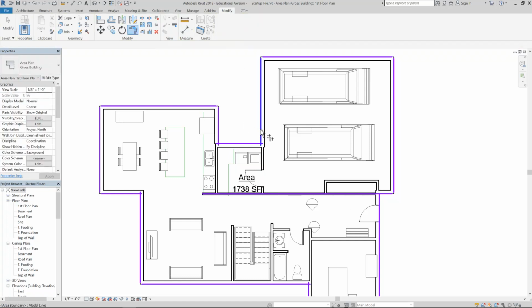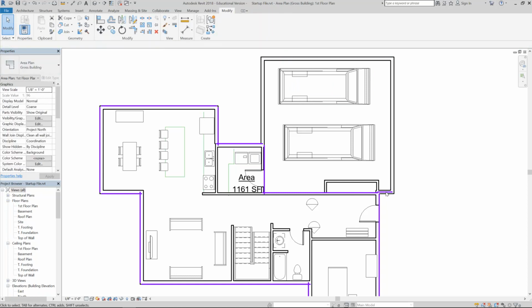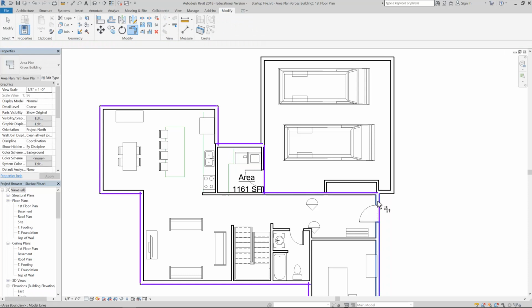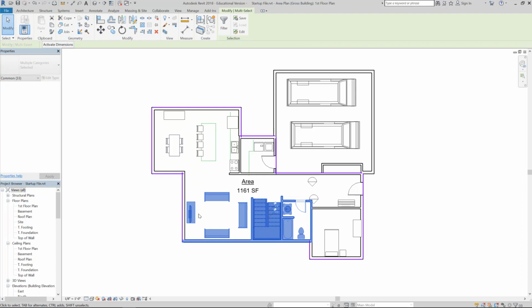And I should be able to use my fillet to clean these up a little bit. And delete that one, delete that one, delete this one, fillet these two together. And you can see my area is at 1161 right now. So it's a little bit on the big side. So a couple different things I could do. I could start modifying right in here if I wanted to. If I brought all these things in,